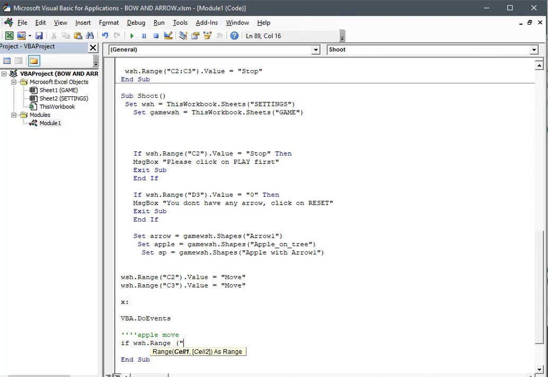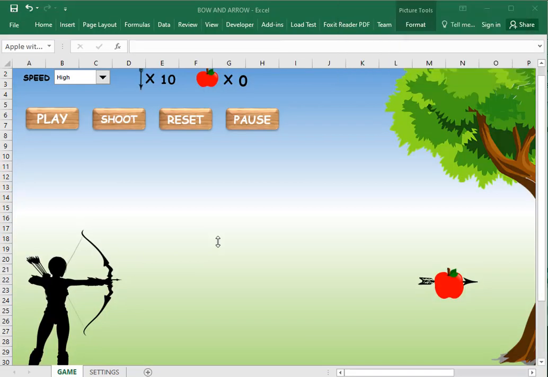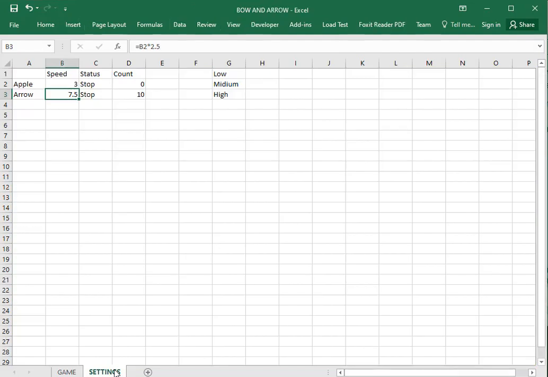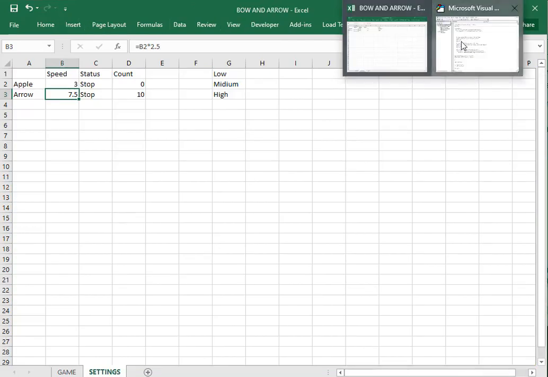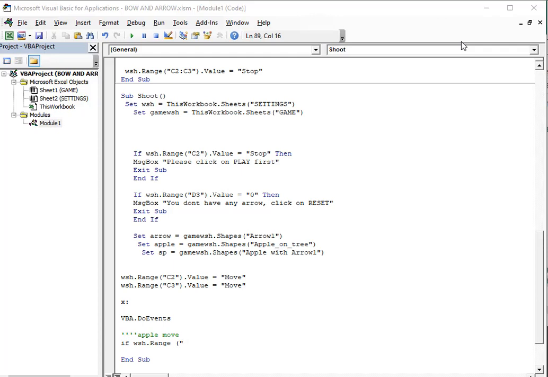Let me check, I want to be sure. Okay, it's apple. So C2 is the status of the apple. So if the status of the apple dot value is equal to stop,